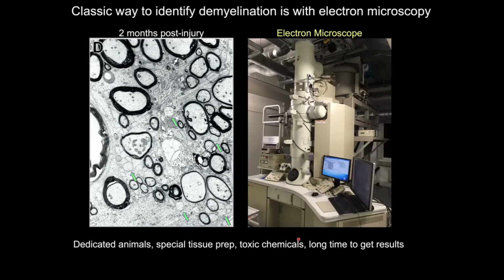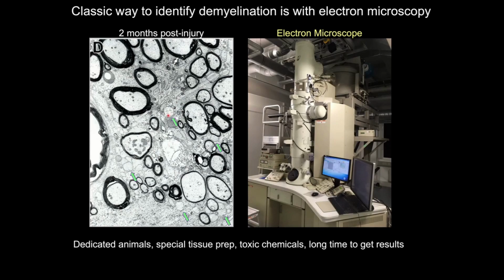The way, like I mentioned earlier, people typically do this is with electron microscopy. This is an example from a paper from Jean Rathal's group, where she looked in rat spinal cord injuries at 2 months post-injury using EM, and you can see these green arrows are indicating demyelinated axons. So this really shows there is some demyelination there chronically. You can see, in contrast, these big, beautiful myelin wraps. These are the spared myelinated axons, and the thin myelin is indicative of remyelination. So in this one field, they can see evidence of axons that were spared, myelin that was new, and axons that never became remyelinated.